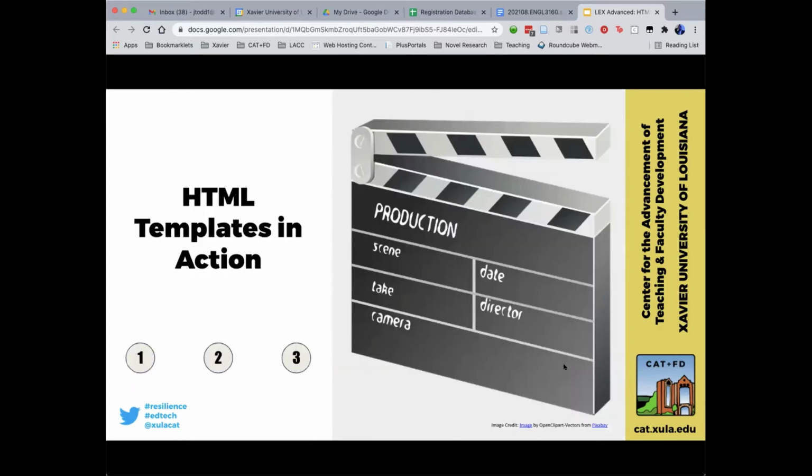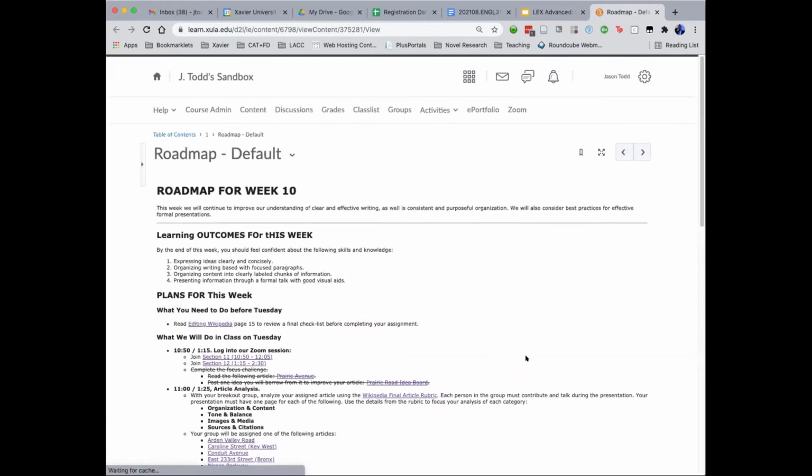Okay, so I'm going to just kind of show you a few examples from some of the stuff that I am doing recently with templates, and then kind of show you a few different ways how those appear and how they look a little bit differently here. So I'm actually going to show you kind of my evolution of understanding of how I'm using these templates over the past year or year and a half, really, because I've only been using them really since the pandemic kind of kicked into gear. So, all right. So this is the